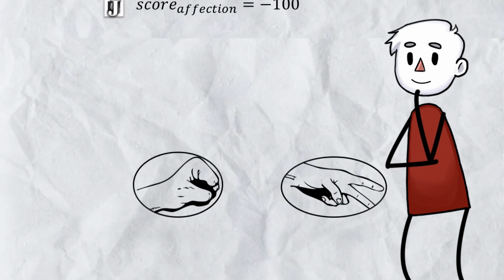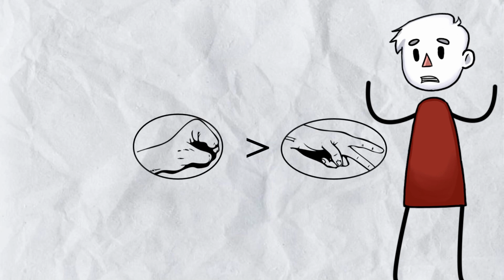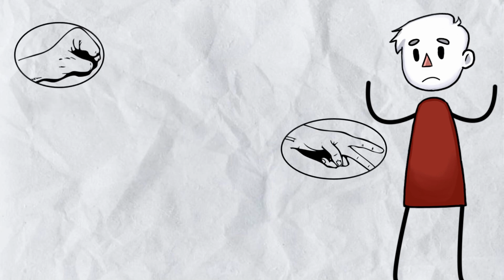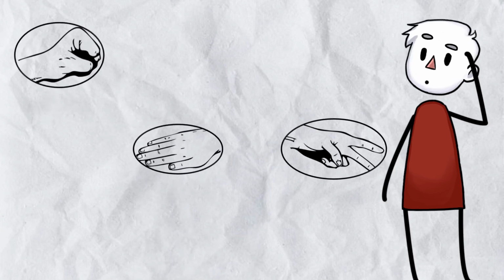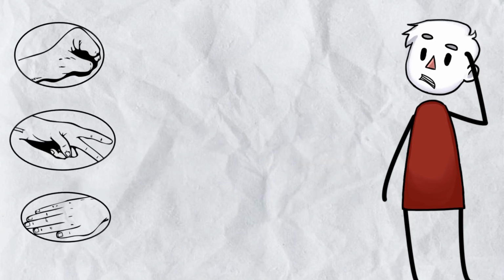Let's try something. Which is better, rock or scissors? Well, rock beats scissors, so let's go with that. Okay, which is better, scissors or paper? Now, scissors beats paper. Okay, the list is done. Rock is better than both scissors and paper, so I guess we'll just always throw rock when playing rock, paper, scissors? Wait,